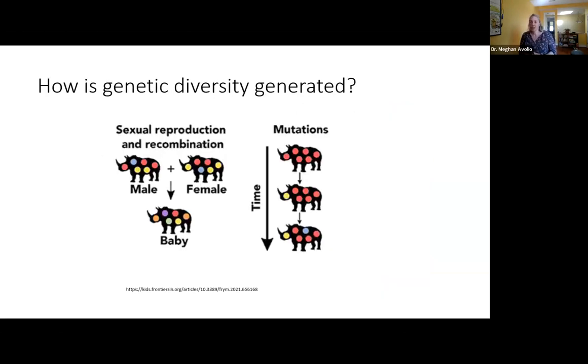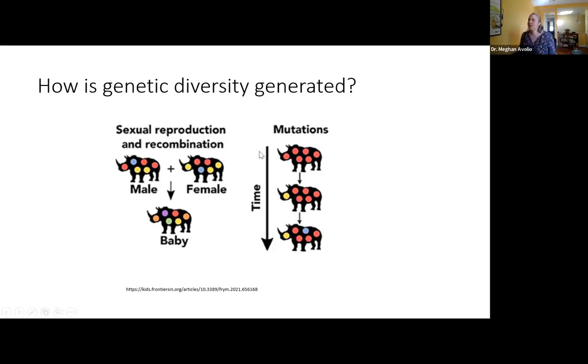So how is genetic diversity actually generated? There are 2 ways that genetic diversity is generated. The first is through sexual reproduction and recombination, and the second is through mutations. In this example here, which I took from an online forum, we have the 2 parents, and when they breed together, this blue and this red make purple, this blue and this yellow make green. So there are different levels of diversity within the offspring than the 2 parents alone, or sorry, different levels in the DNA, right? The second is that mutations can randomly and spontaneously occur through time.